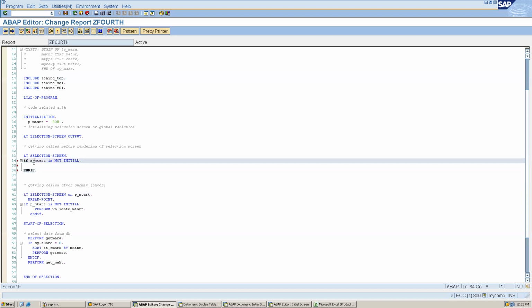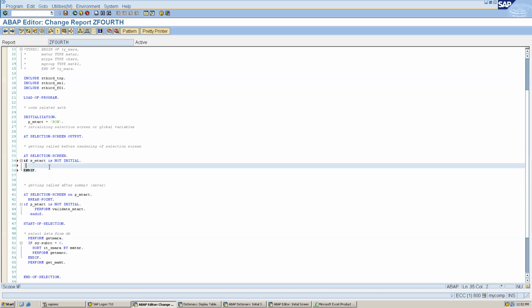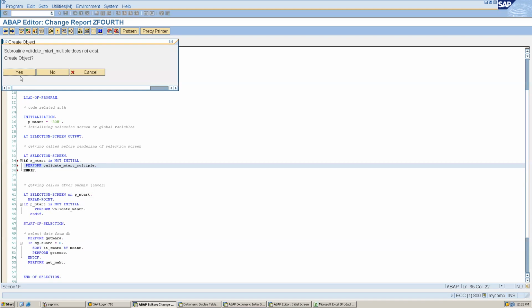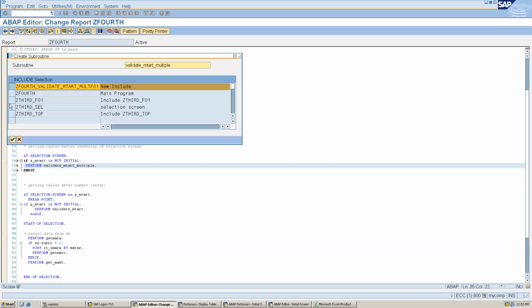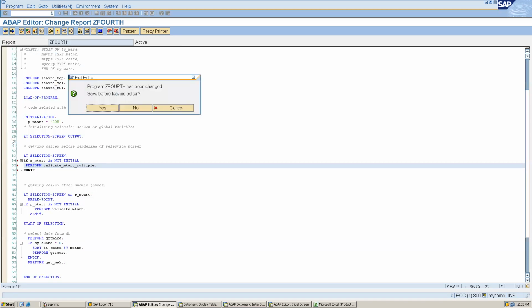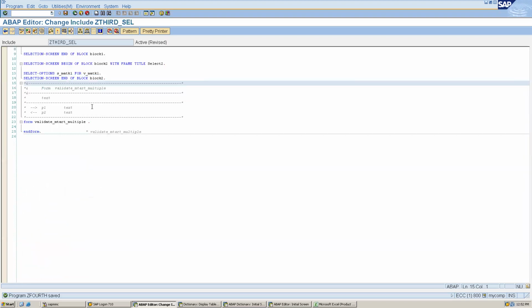And if it is not initial, I can write perform validate underscore MTART multiple, right? So multiple I have to validate. So I will double click this. It is very simple.